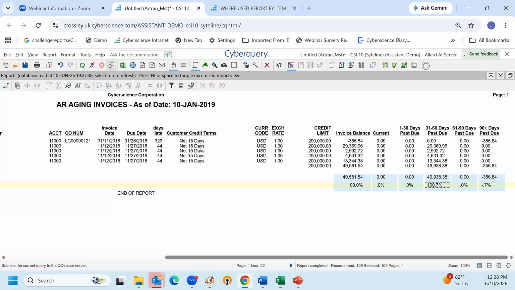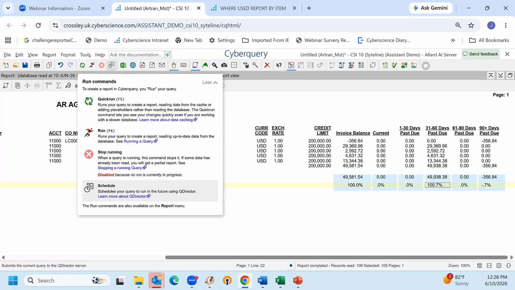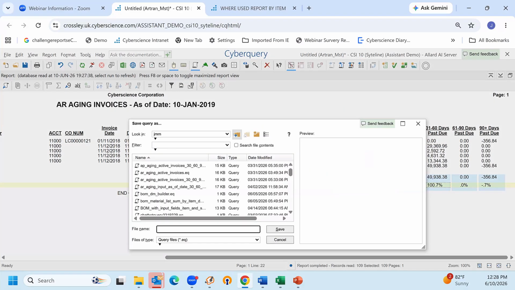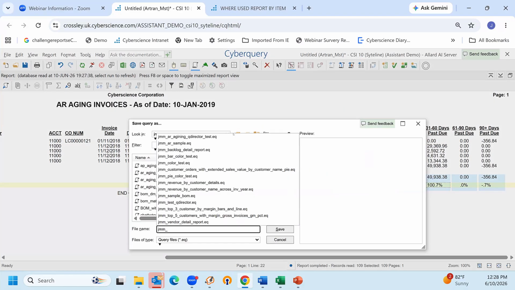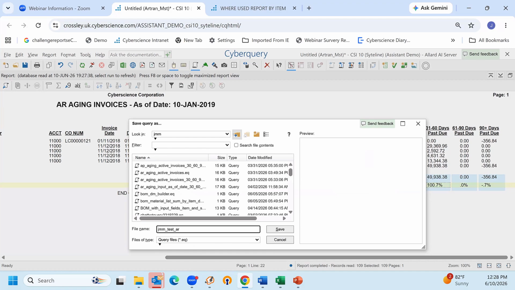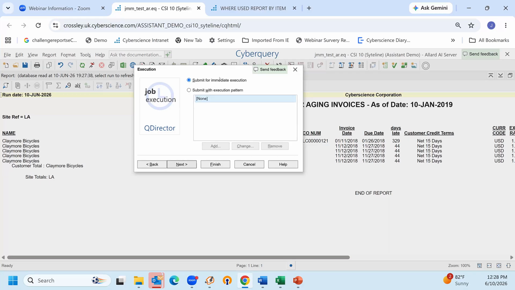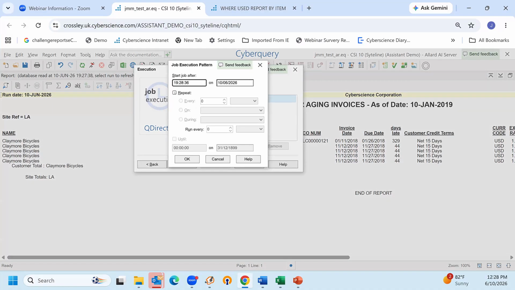Again, I might say, okay, I kind of like this. And you know what I want to do is I want to schedule this report. Here, let's pretend like we're scheduling it. So I'm going to say I want to schedule it. It says I've got to give it a name. I'll call it JMM Hess AR. Okay. I'm going to come down here and set my default title in the queue director to Hess, just if I remember to delete it. I'll click next. It says, do you want to submit for immediate execution? I'll say, no, submit with a pattern. I want this report to be sent to